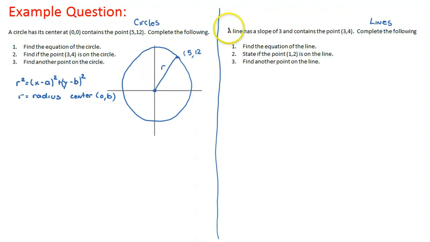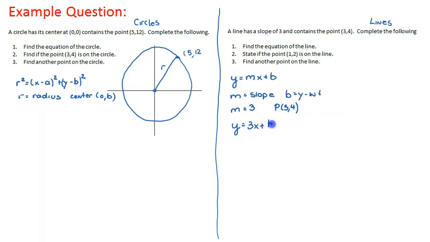In the question on the right, a line has a slope of 3, contains the point (3, 4), and we want to find the equation of the line. We know the general formula for the equation of a line is y equals mx plus b, where m is the slope and b is the y-intercept. With this question, students will often say, well, the slope is equal to 3, and I don't know the y-intercept, but I know it contains the point, and let's call this point P, (3, 4). So all I have to do is say y equals 3x plus b, and then substitute the point (3, 4) into there. So 4 equals 3 times 3 plus b, so we get 4 equals 9 plus b,